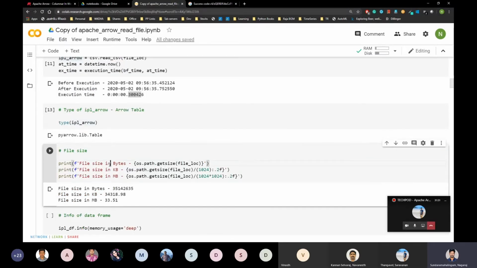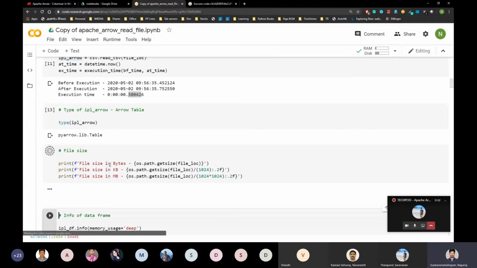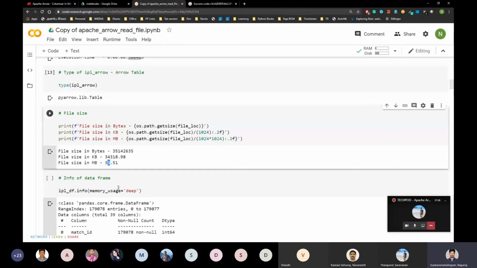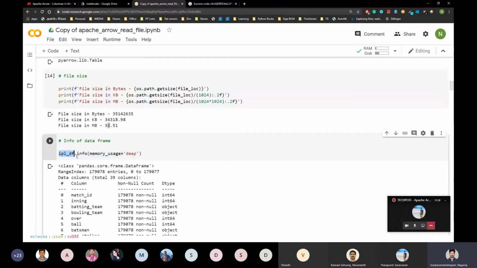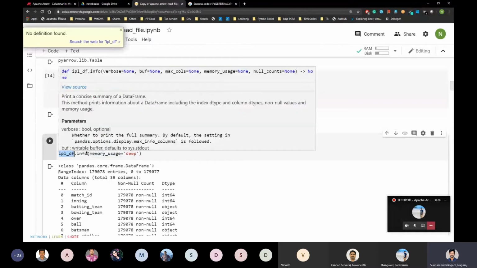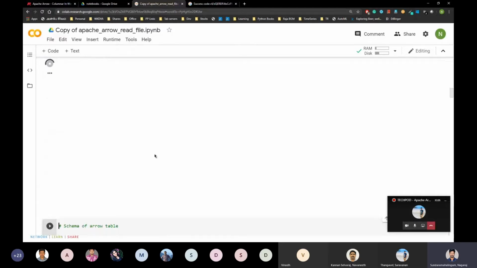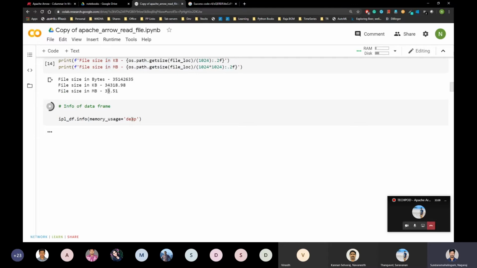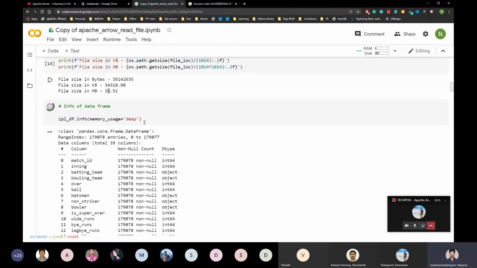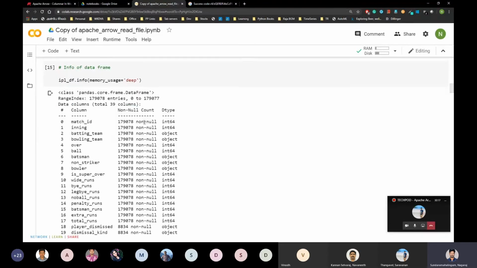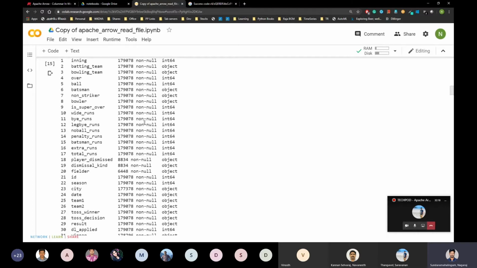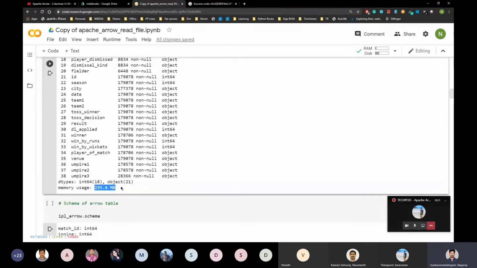Okay. So I'm calculating the file size. It's 33.5 MB. Let's see the memory usage of the pandas data frame, the traditional method. It takes a while because I'm using the deep memory usage method. It reads all the information and calculates how much memory is used. It's 235 MB.